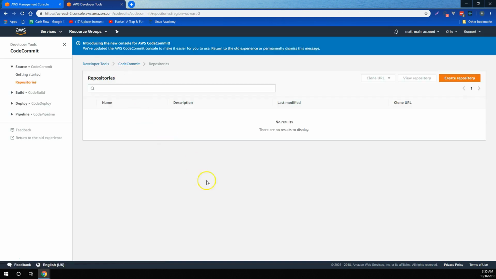We learned that Code Commit is a version control service hosted by AWS that we can use to privately store and manage our assets. We learned that it's a secure and highly scalable managed source control service that hosts private Git repositories, and that Code Commit eliminates the need for us to manage our own source control systems or worry